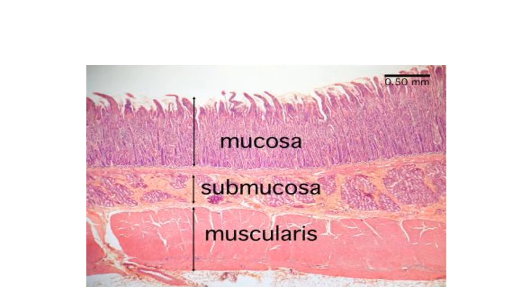This diagram shows three distinct layers. Actually, small intestine shows four important layers, that is serosa, muscularis, submucosa and mucosa. This diagram shows complete variation in different layers. Mucosa is the innermost layer, then submucosa, then muscularis just behind the submucosa, and the serosa or adventitia is the outermost layer of intestine.